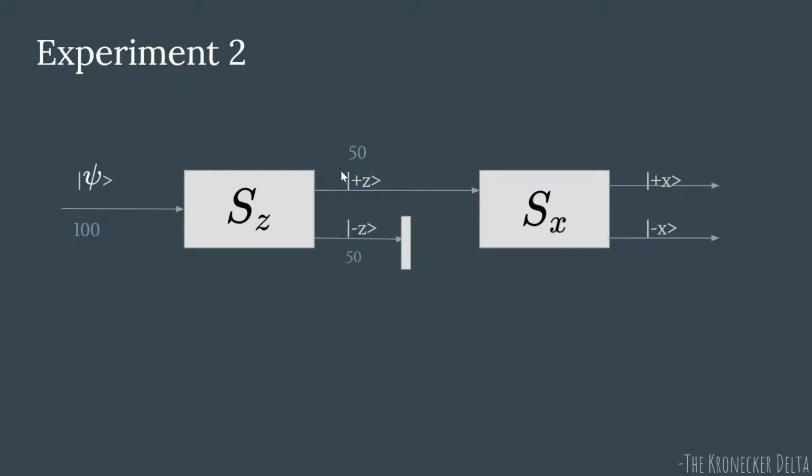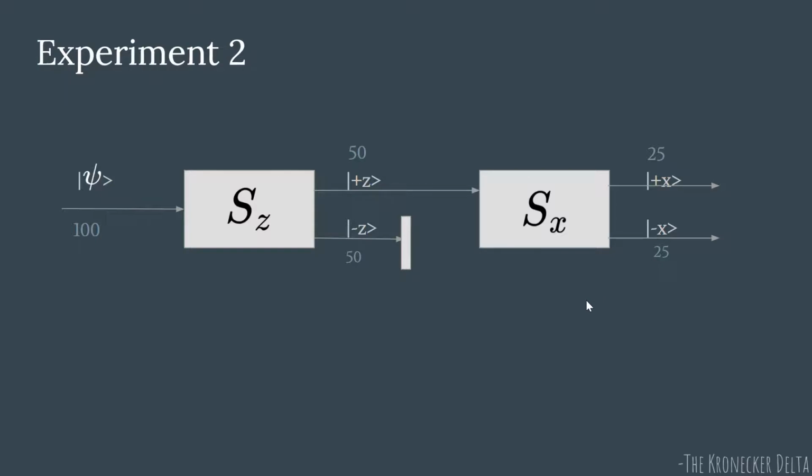So any atom here which has already been measured to have spin component along plus z, when you perform an Sx measurement, it disturbs the state of the system. It's no more a z measurement, it's an x measurement now. There's a 50% probability of this plus z state to be in plus x, and a 50% probability of it being in the minus x state. So it gives us 25 atoms here, 25 atoms here. That means the atoms that are in this plus z state are equally probable to be in the plus x state and in the minus x state.